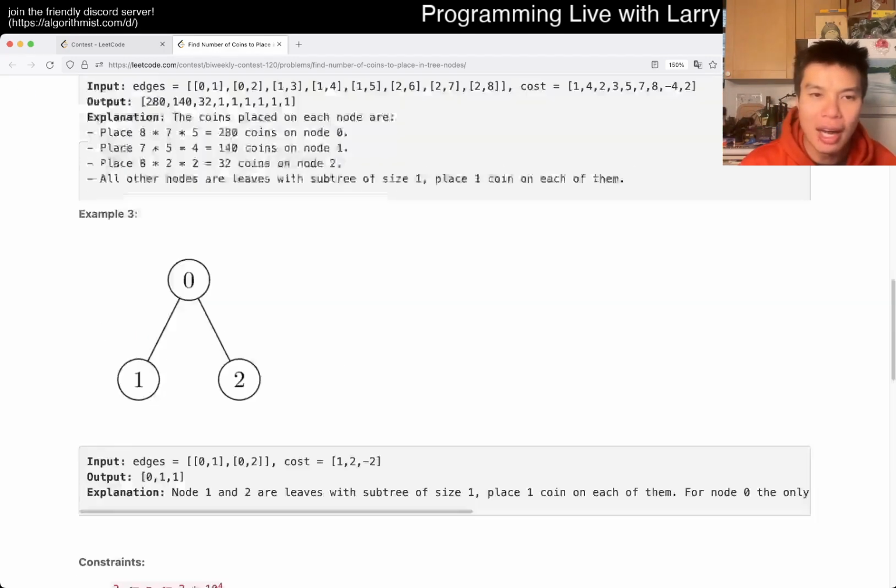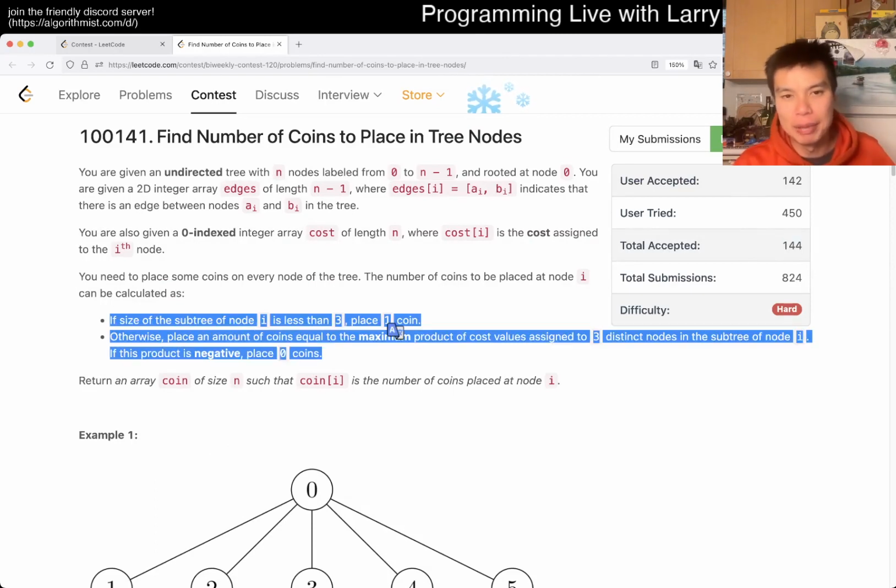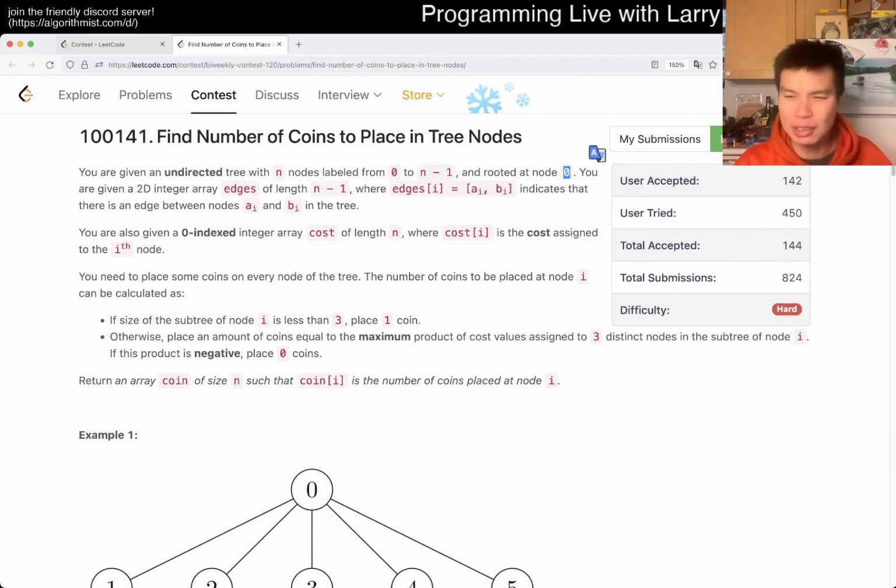So yeah, basically this one you have these rules, but the idea is because you're already given a rooted tree, rooted at 0, everything is just recursion. The thing you want to do is just figure out how to keep the recursion cheap, right? For example, if